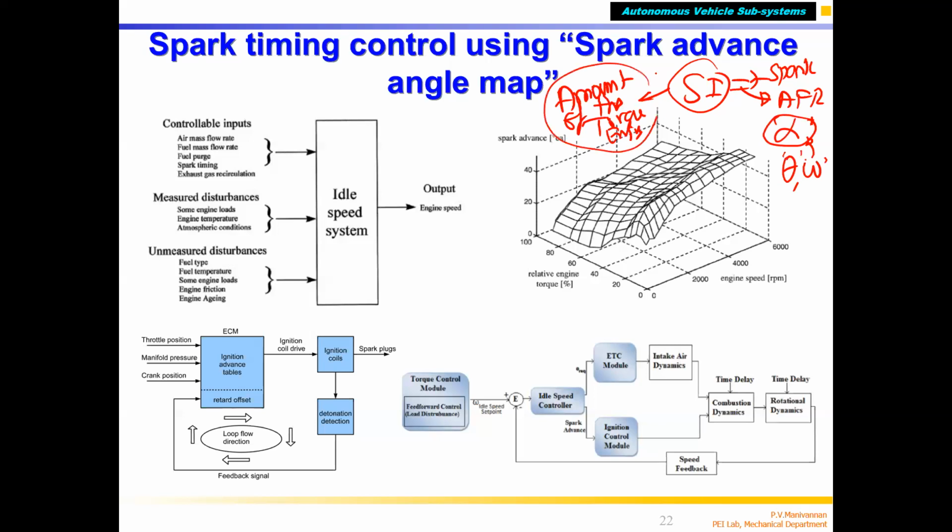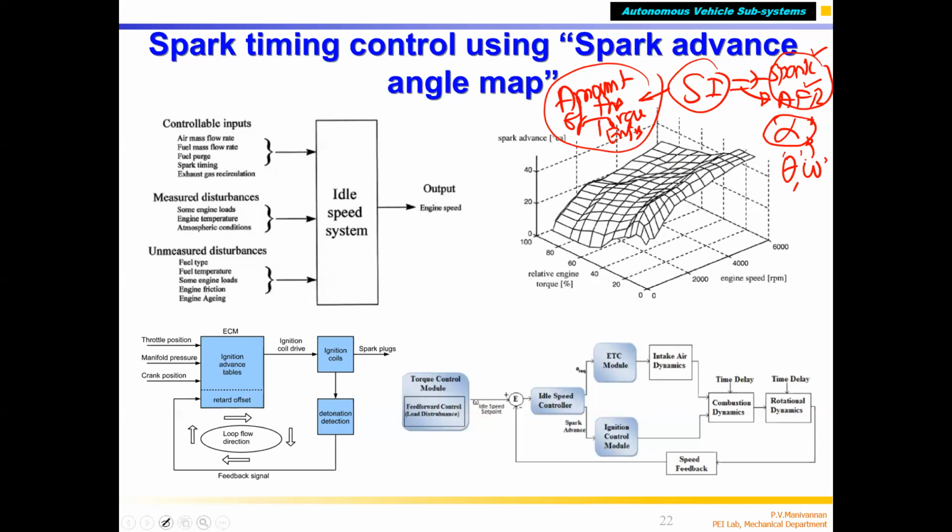The torque produced by the engine is controlled, if it is an SI engine, by two control parameters. One is air fuel ratio control, the other one is spark timing control. If it is a diesel engine, only fuel injection duration. Okay, but in the case of an SI engine, spark timing also. Apart from controlling air fuel ratio, you have to control the spark timing also, correct? So